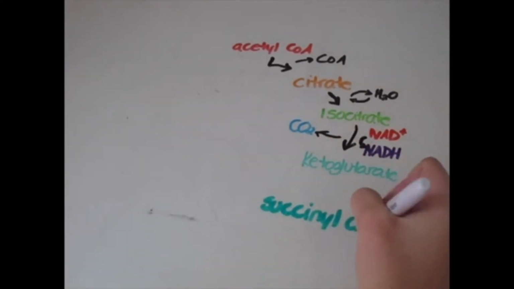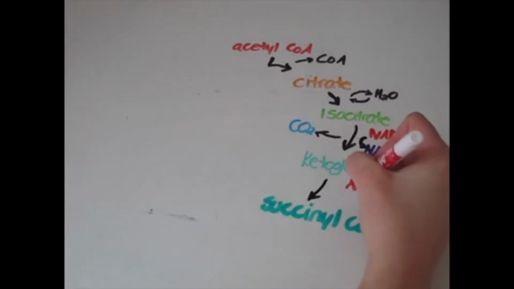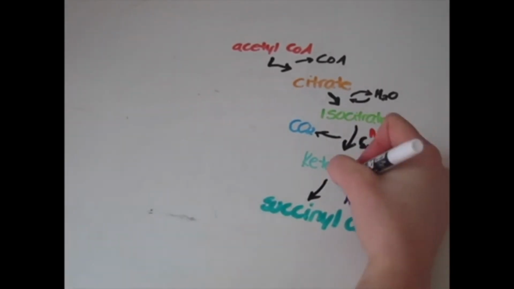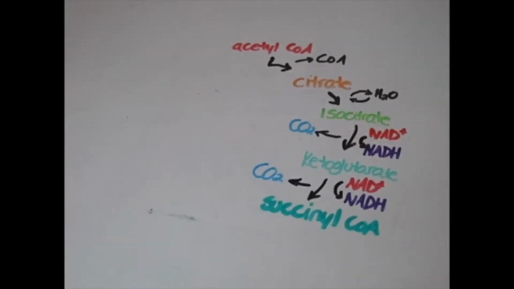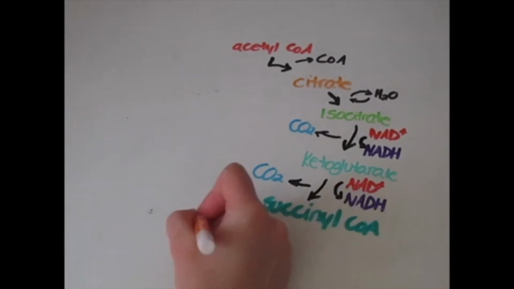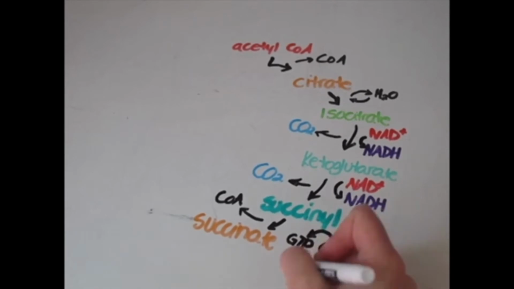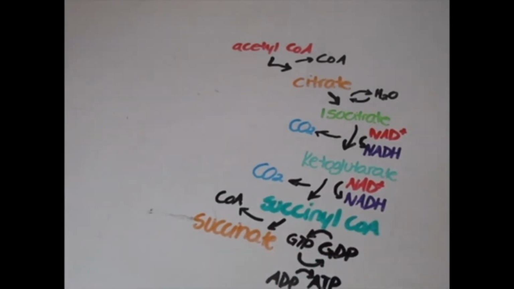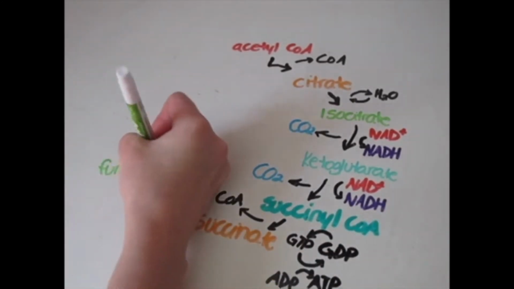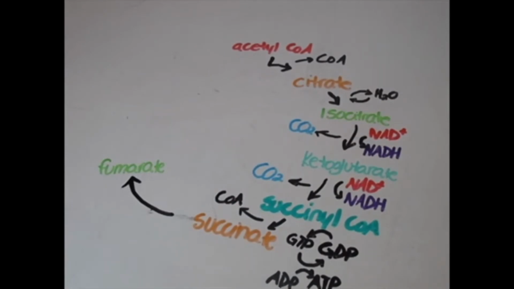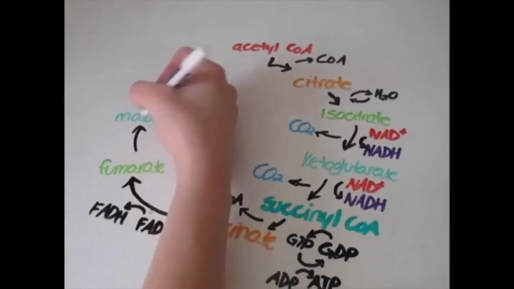But don't get too attached to him because a bit more of CoA comes along and we lose another carbon and make another NADH. So now we have succinyl-CoA. The CoA is shed and a phosphate from the molecule is attached to GDP to make GTP, which turns ADP to ATP. Plain old succinate now loses 2 hydrogen ions to turn FAD to FADH2 to make fumarate, who gains